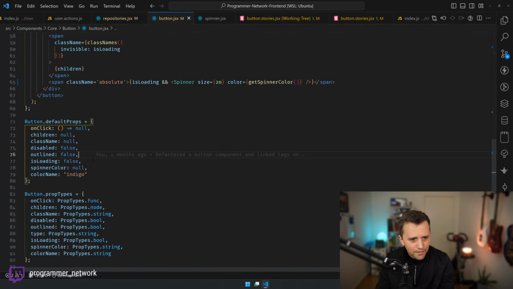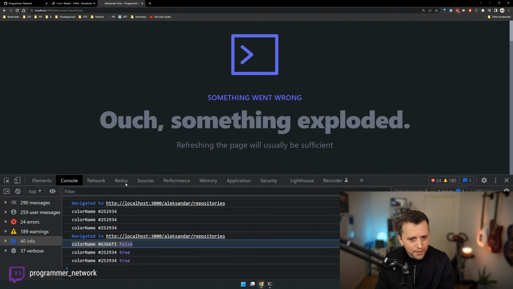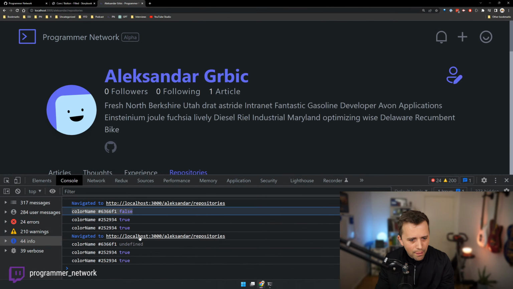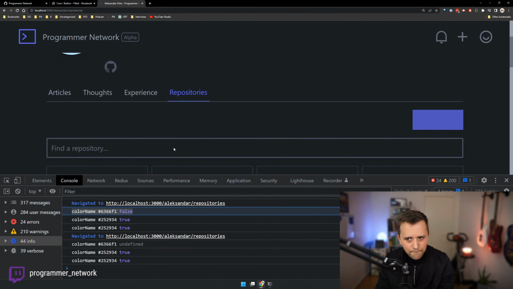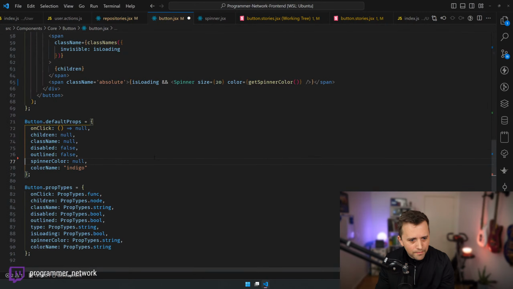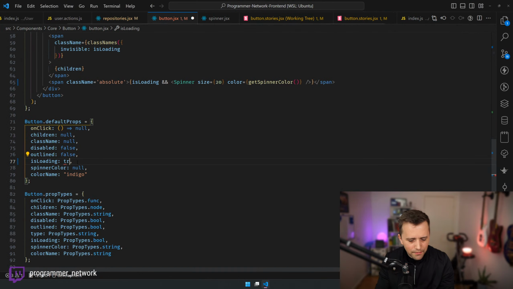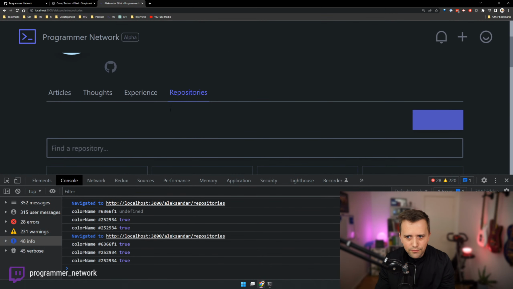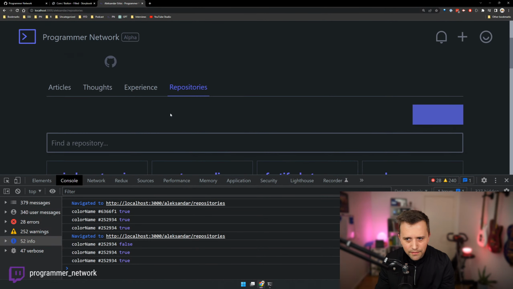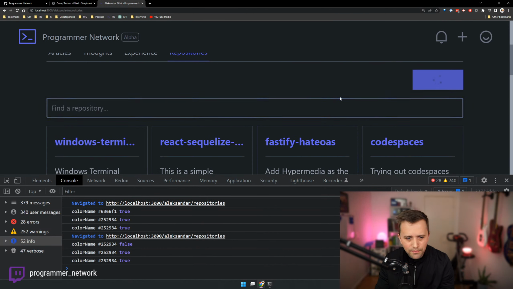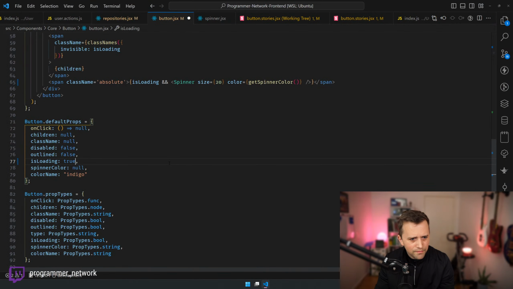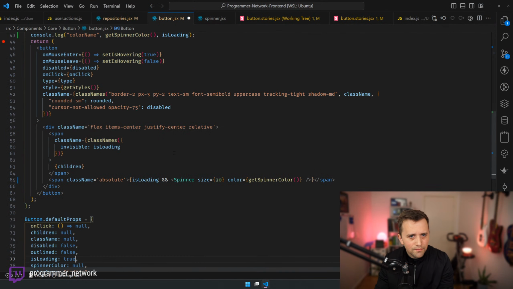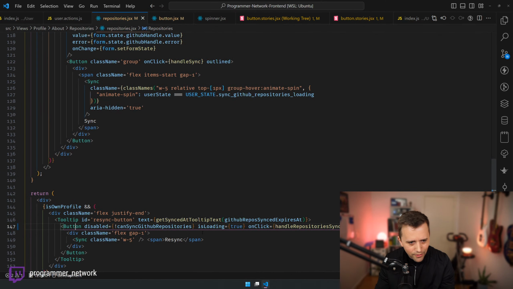Is it maybe because of the default props here? I mean, clearly if we set this to true then it would work, but that's wrong, right? No, it still lags, and it still has the wrong color. Dude, so strange. What the hell is going on?